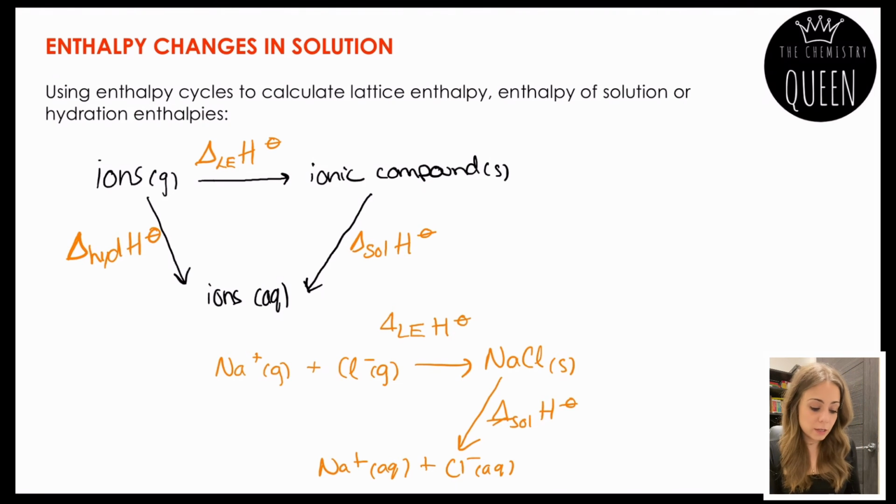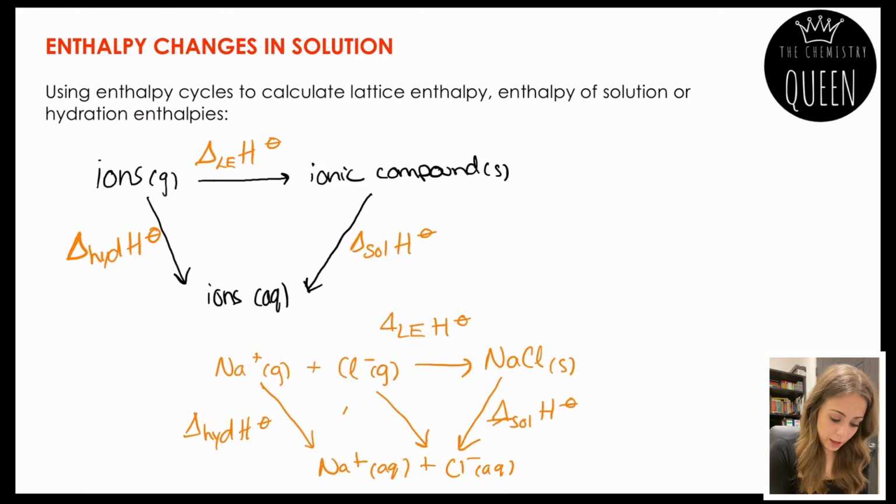Now for hydration, the ions have their own individual hydration values. So I'm going to have to draw an arrow for each individual ion. So sodium will have its own hydration value. So there's the arrow that represents the hydration of sodium ions, and chloride ions will also have their own hydration value. So now I've constructed the enthalpy cycle, I can come up with an equation that's going to allow me to calculate lattice enthalpy. And according to Hess's law,